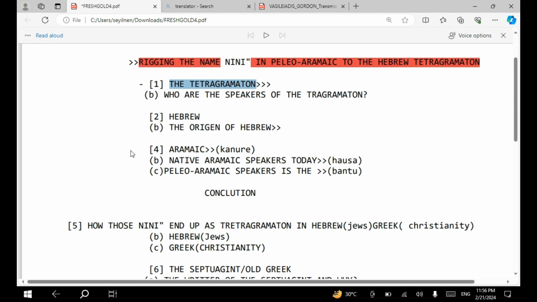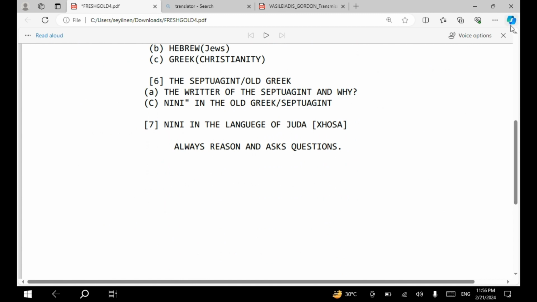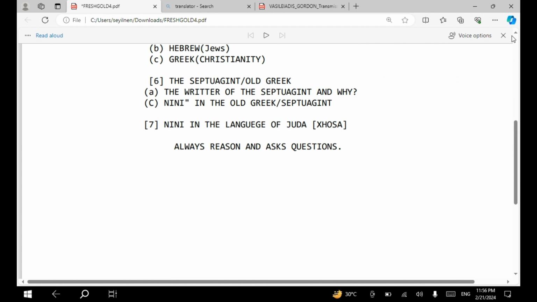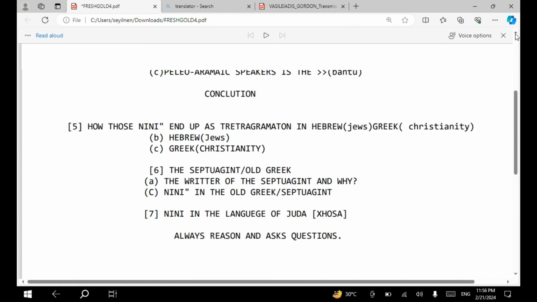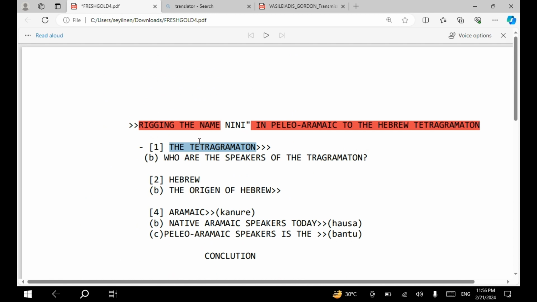I have an interesting topic to share with you, an interesting point to share with you. They are about 7 in number, right? And the headline you can see here is what? Reading the name